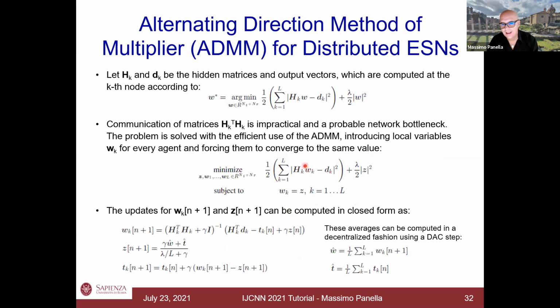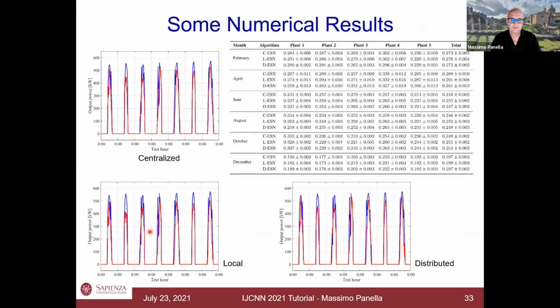And we obtained a solution in closed form, by which we can obtain the estimation of the readout parameters for the network. These are some numerical results proving that by using a distributed approach, we can obtain